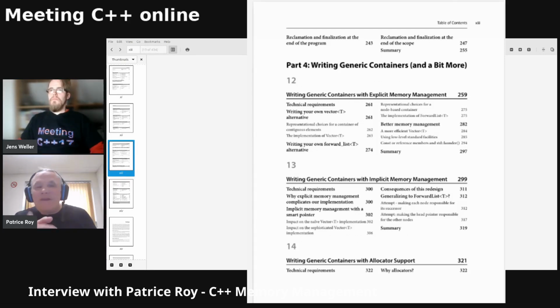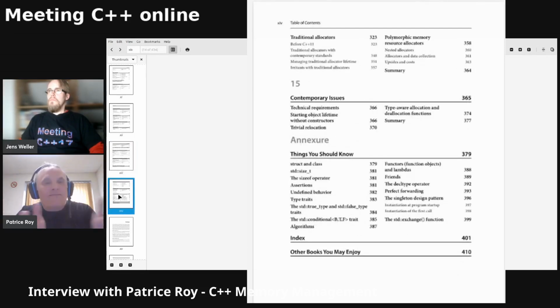I think it is useful. The reason I put forward list there is not that I'm encouraging forward list. I wanted to have a node-based container in there too, and I wanted something simple, because I go into large detail over contiguous memory, since I think that's the gist of what most people reading this book will want to know about. But nodes have their own peculiarities, especially when it comes to containers with allocators. So I wanted to have at least one to be able to discuss those things. That's why you have two kinds of containers that behave differently, so that I could go on explaining both perspectives of memory management.